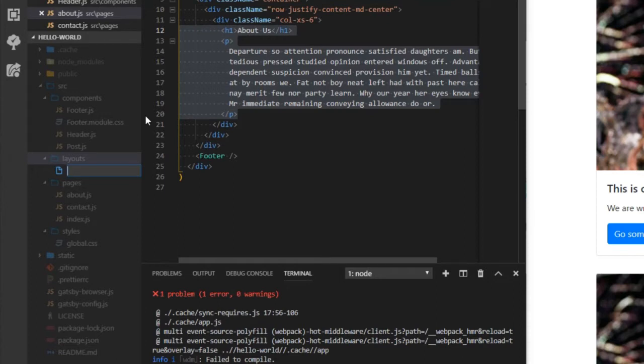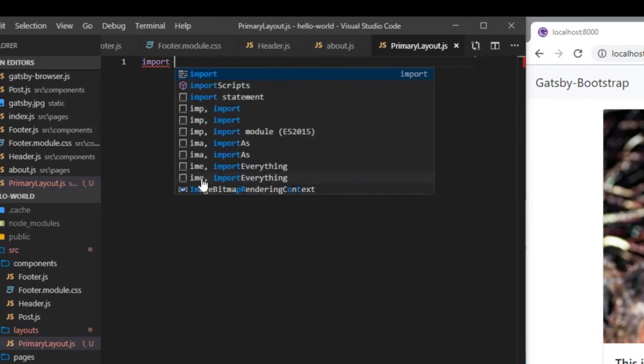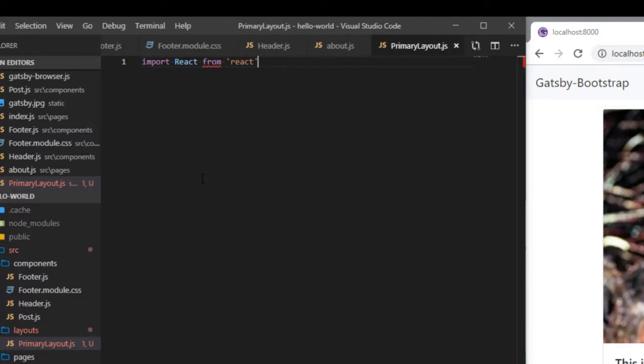So let's name it primaryLayout.js, and on top let's import React from React, and let's create a functional component with a constant that's going to be primary layout,